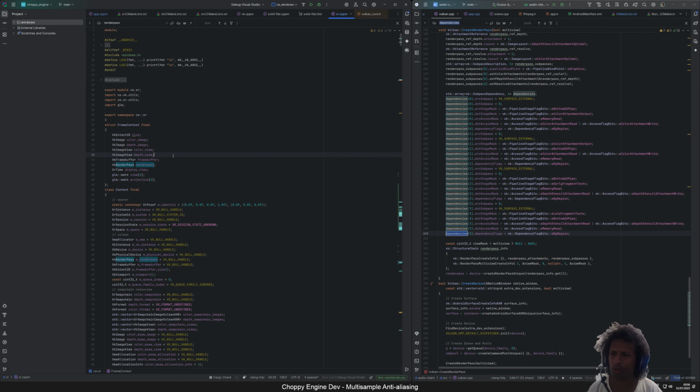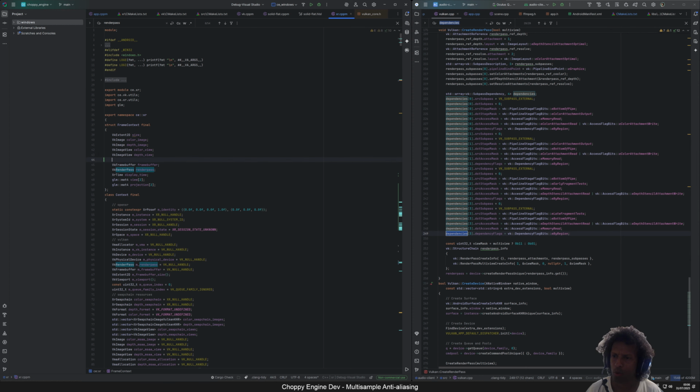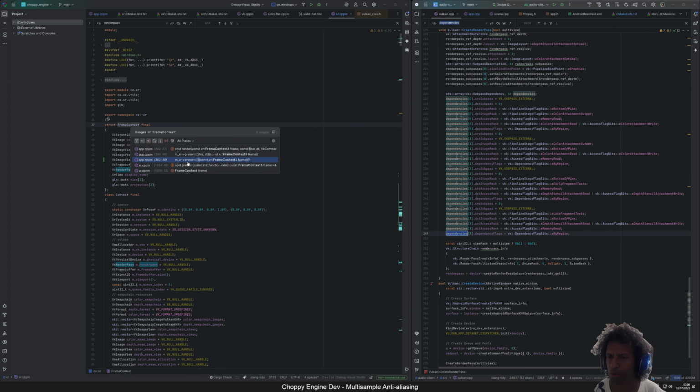So we got the depth view and the resolve. Yeah, let's put the resolve here and go to the setting of